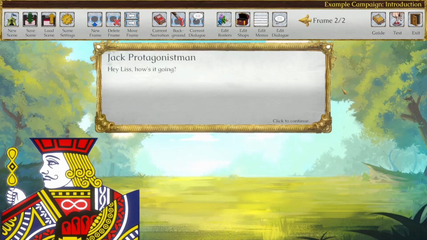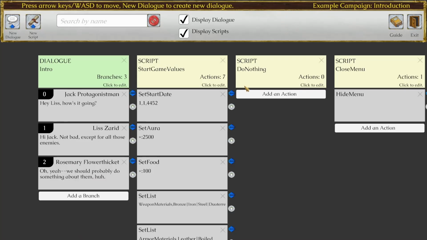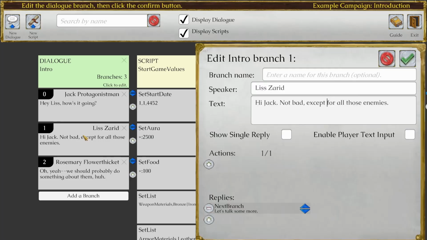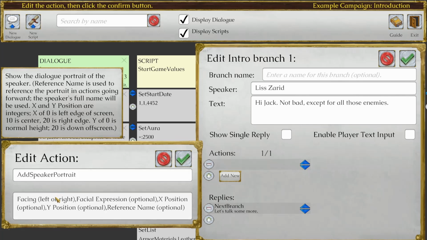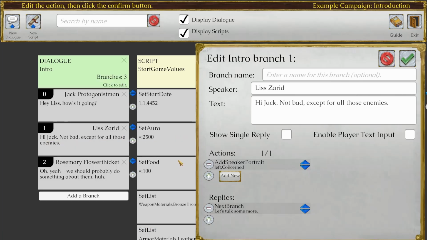If we want, we can just leave him sitting there, and he will continue to be in that location in the next branch of dialogue, and we can add Lizarid in the same fashion. Add, it'd probably help if I spelled it correctly, add speaker portrait. This time we'll have facing left, facial expression concerned, and we'll leave that as is. Proceed,